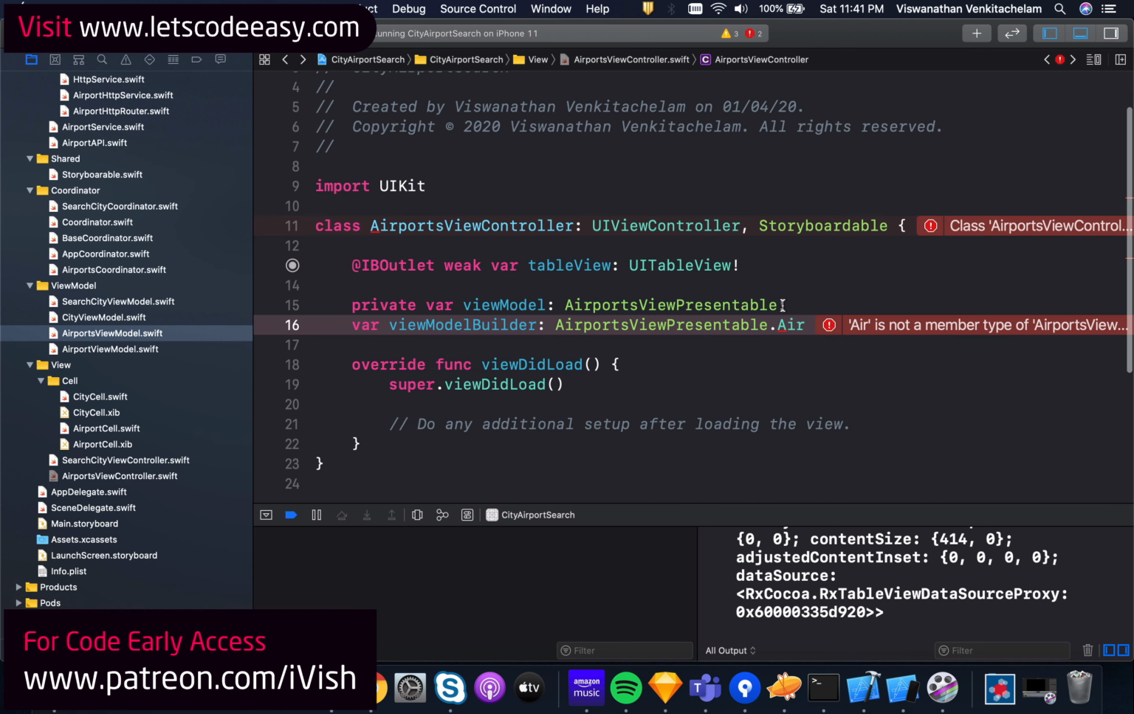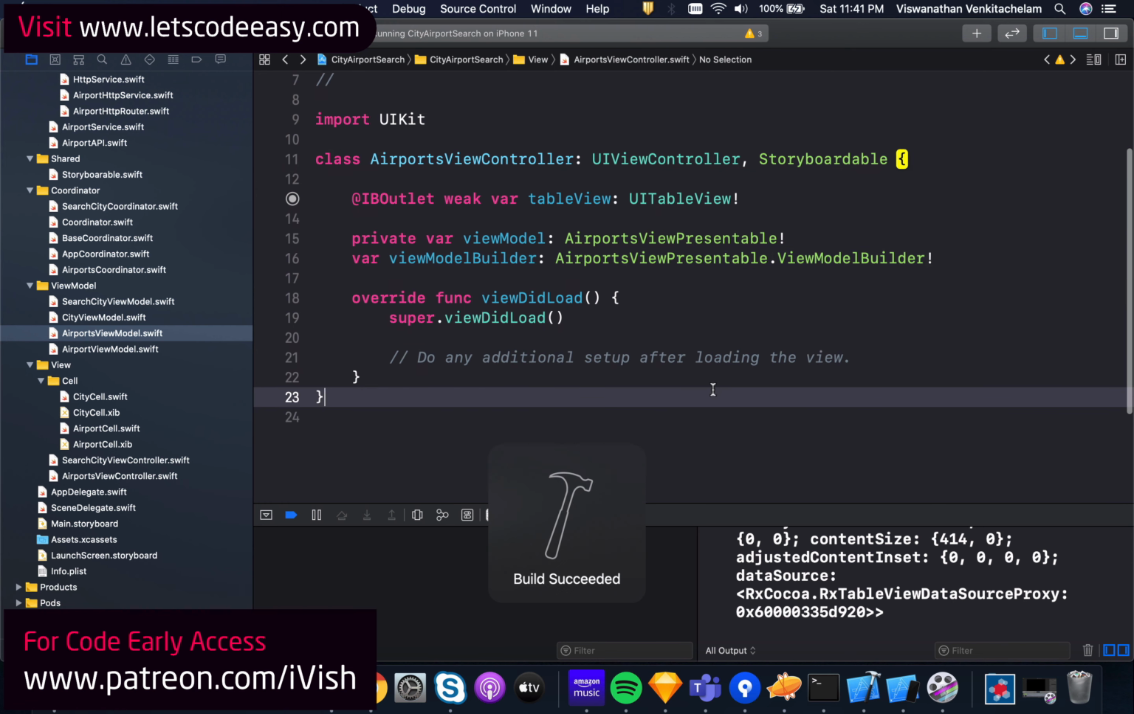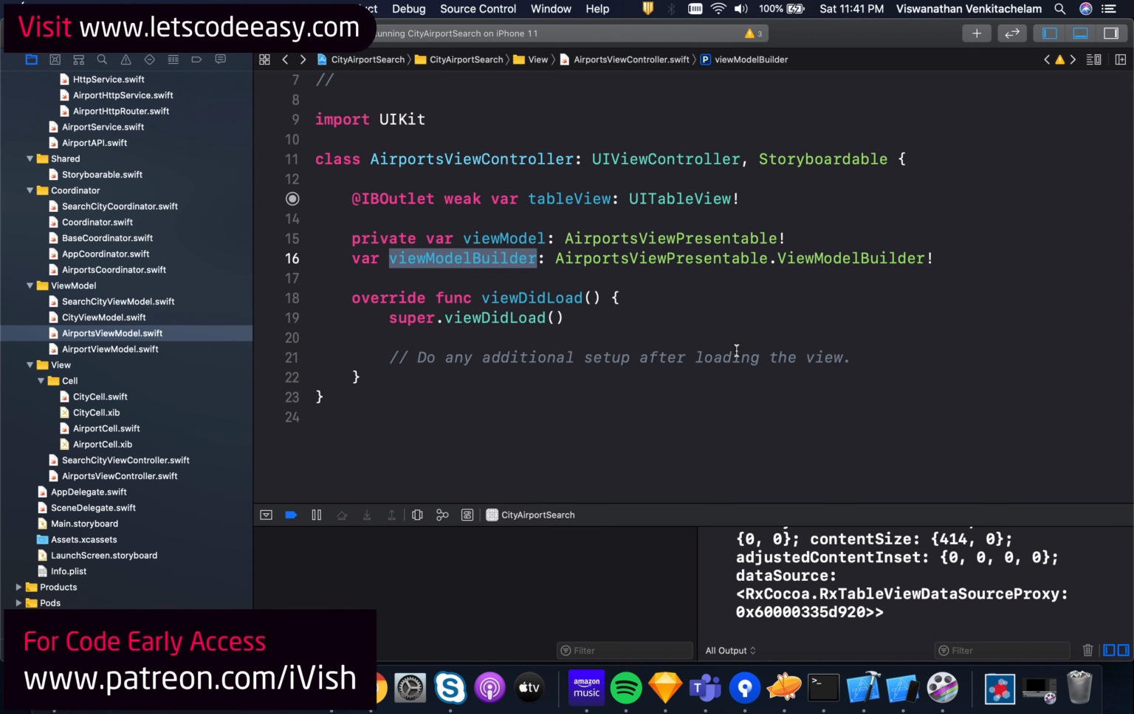Type alias ViewModelBuilder. That's my view model builder, and then I just can call this here. So if I want to create a view model here, I can just say self.viewModel, and then I can access this view model builder,